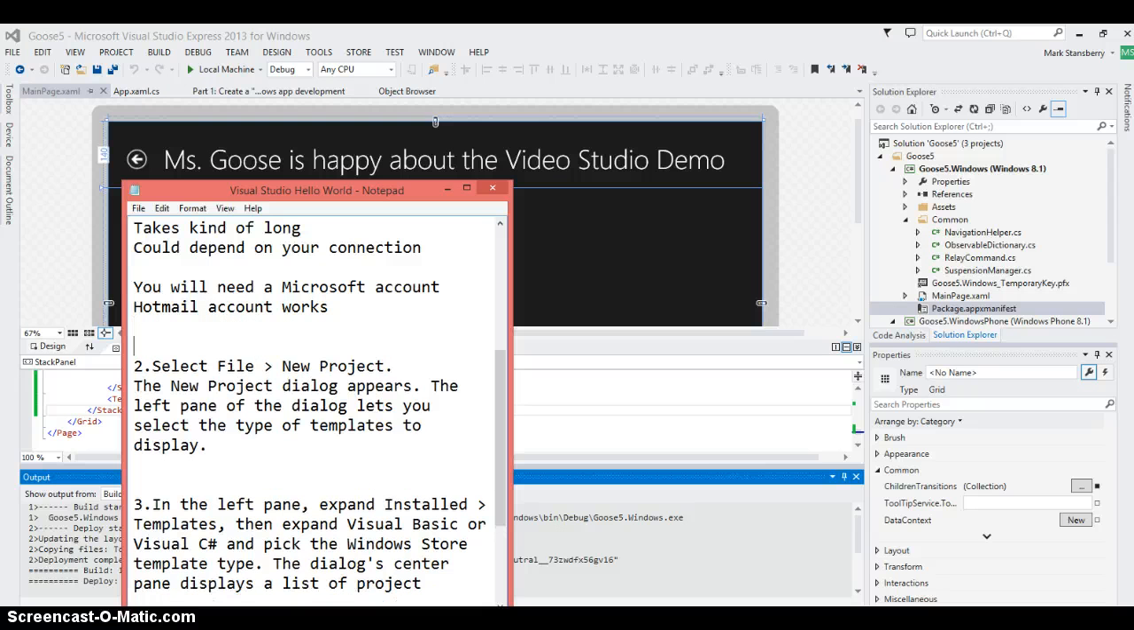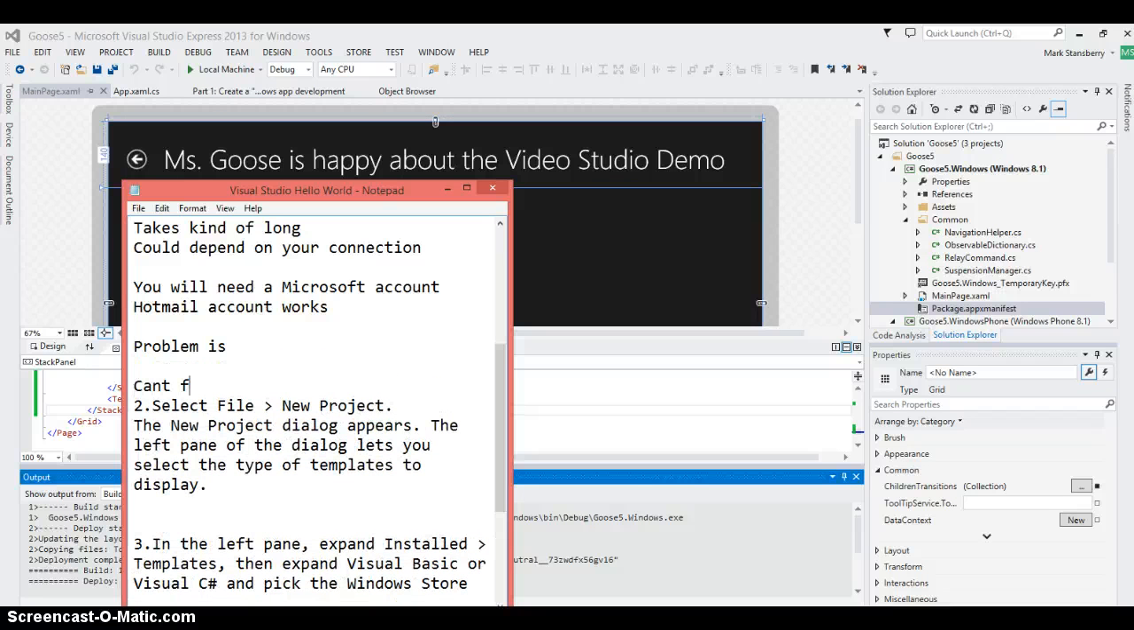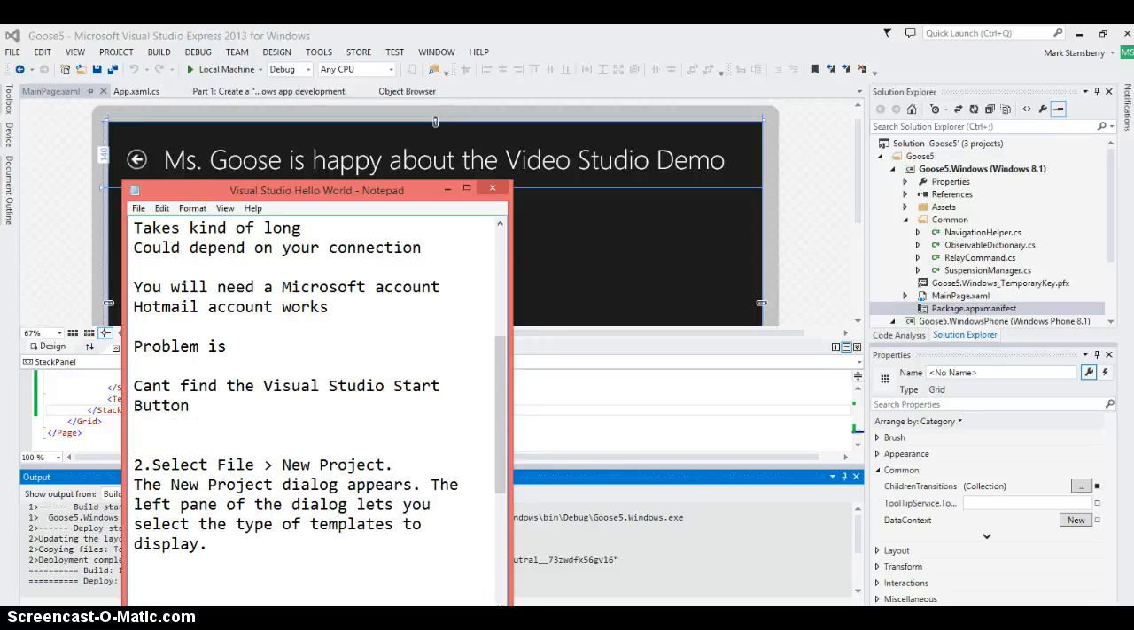And the problem we're having that we had to resolve, besides others, is can't find the start button. The Visual Studio start button. I've looked everywhere for it. I looked on the search engine, all that sort of stuff. So what I did to fix it in the meantime, or what Miss Goose told me to do,